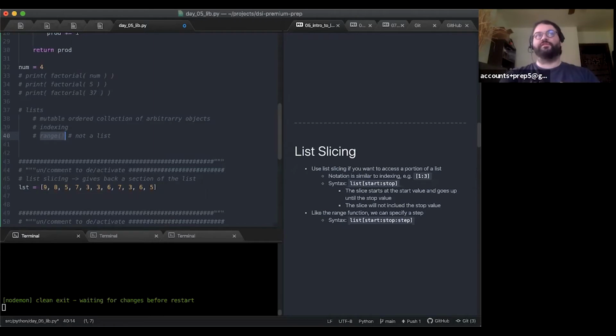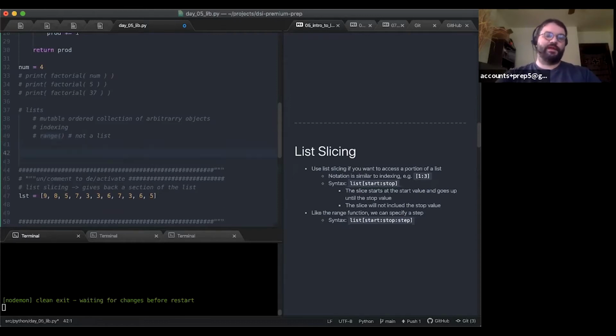The range will start at 0 and go up to, but not include, the upper boundary. So let's do range 5. That will give me numbers 0, 1, 2, 3, and 4, which is 5 numbers. And that might seem trivial, but that's important.